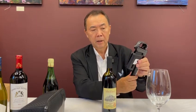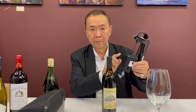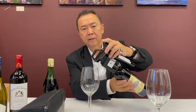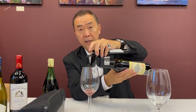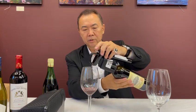So I plunge this down, squeeze with my thumb and index, and I make sure it's secure. Then once it's secure, I plunge this down, always holding the bottle just to make sure everything is in order. Hold the bottle, and then with this lever, press. You'll get some hissing, and then the wine will come out. And when you've had enough, you just sort of hold it back, and there you are. Now, I want to try this